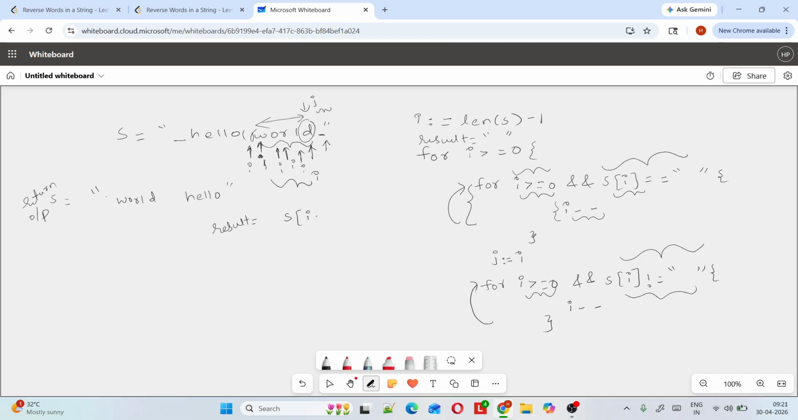So you can access that using the index. So i plus 1 means this one, i is here, so i plus 1 is this one, to j plus 1, sorry, j plus 1. In that case j plus 1 means it will point to here. So starting from i plus 1 till j you will access. So that will be world,